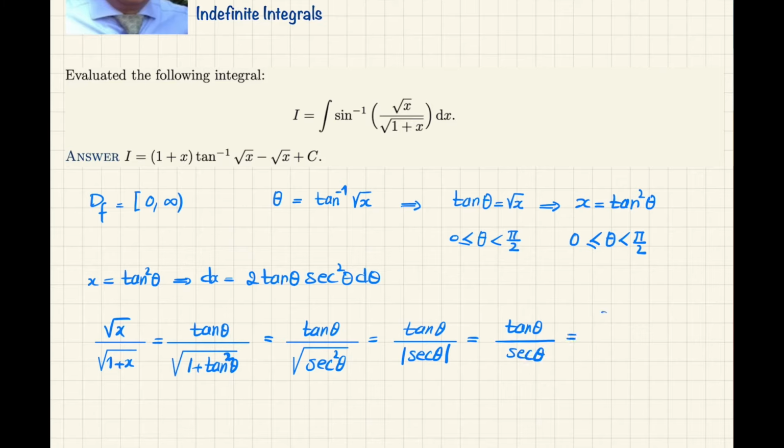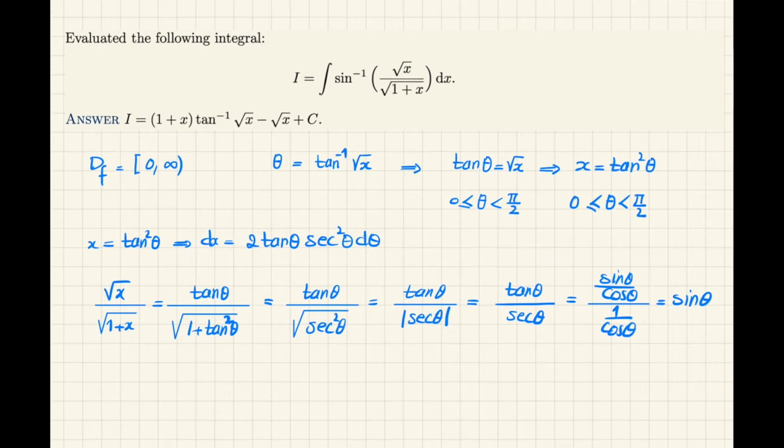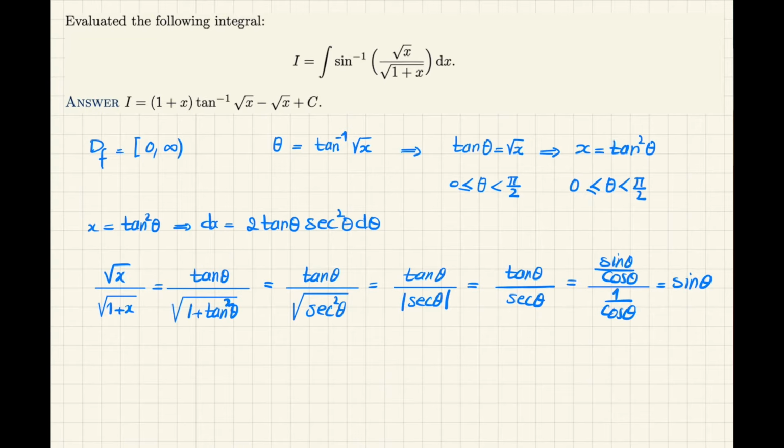If I write sine theta over cosine theta for tangent, and 1 over cosine theta for secant, the answer becomes simply sine theta. And that is why, in principle, I can solve this integral very easily. So the integral I becomes the integral of sine inverse